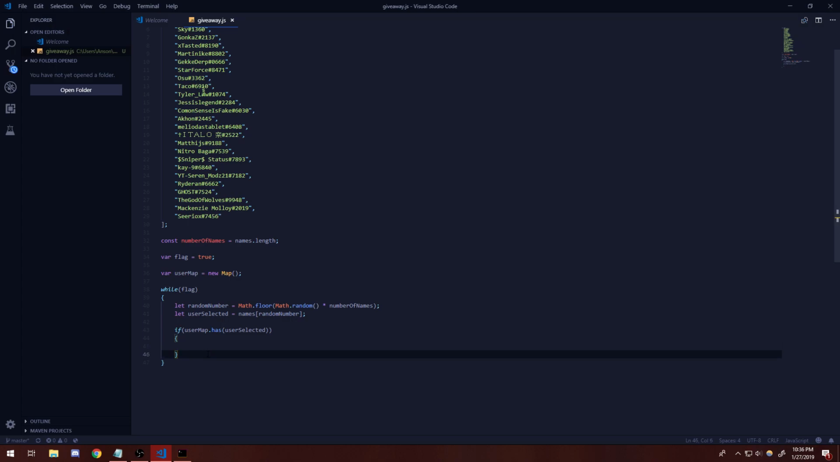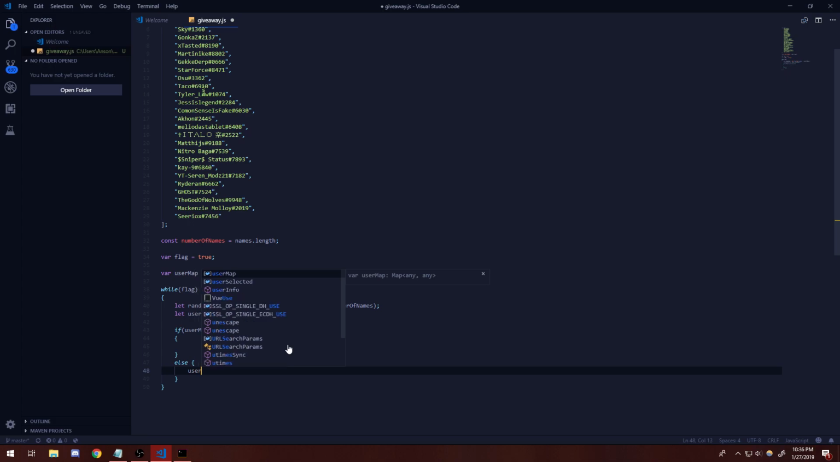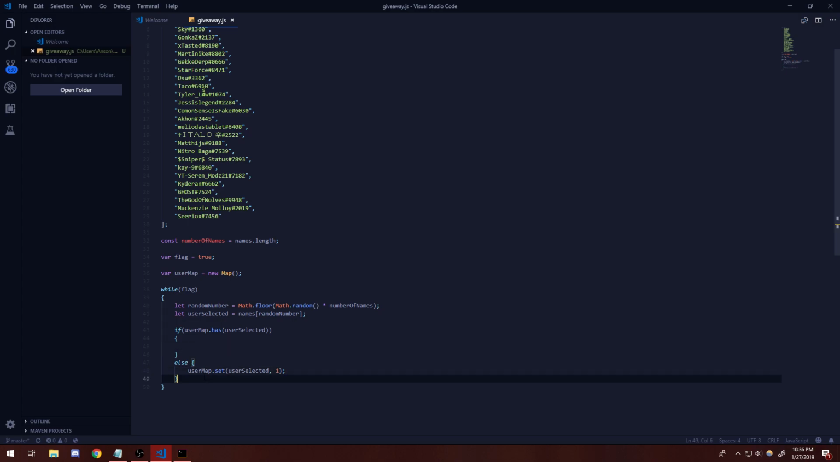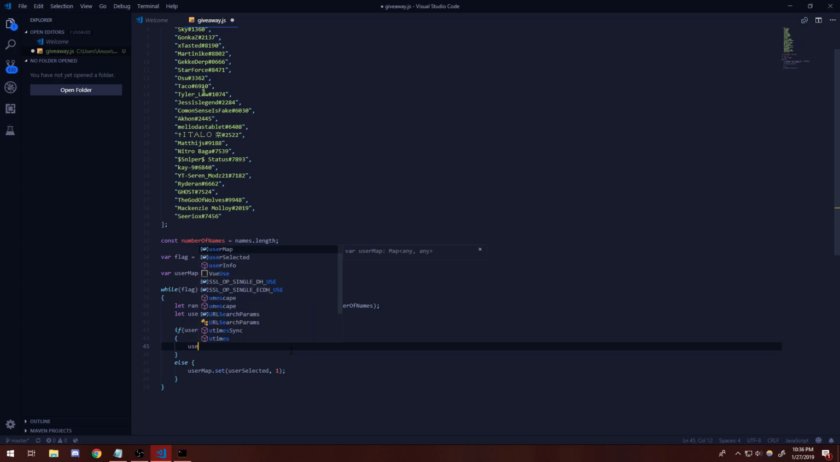I'm going to do this last. First I want to handle the case where they're not inside the map. If they're not inside the map, we want to add them, so user map dot set, user selected, which is their name, and we're going to give them 1. Now if the key already exists inside the map, we're going to say